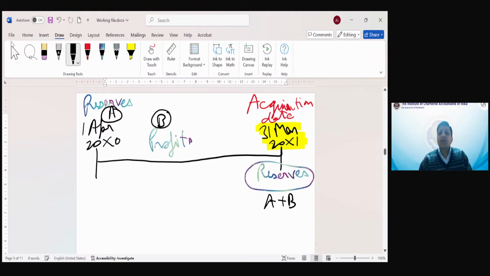So it will be a composition of A plus B. Yes or no? Always tell me. Tell me quickly. All right. So which means that whether you consider these profits for distribution of dividend or these reserves for distribution of dividend,